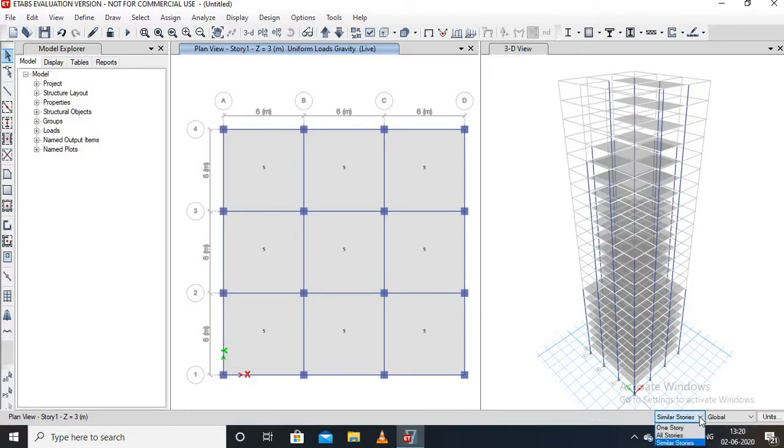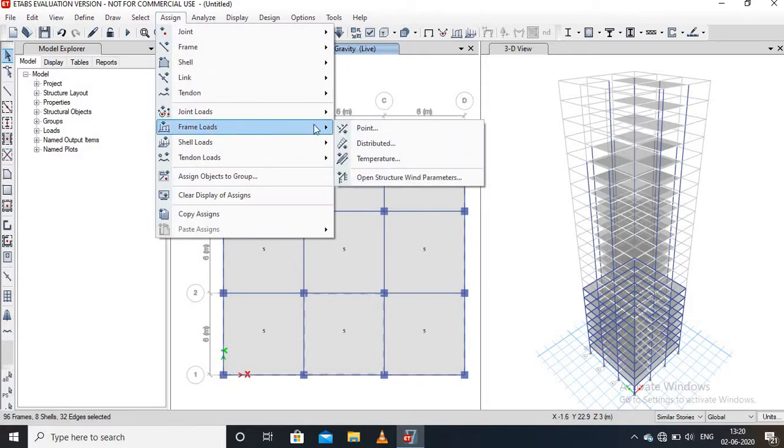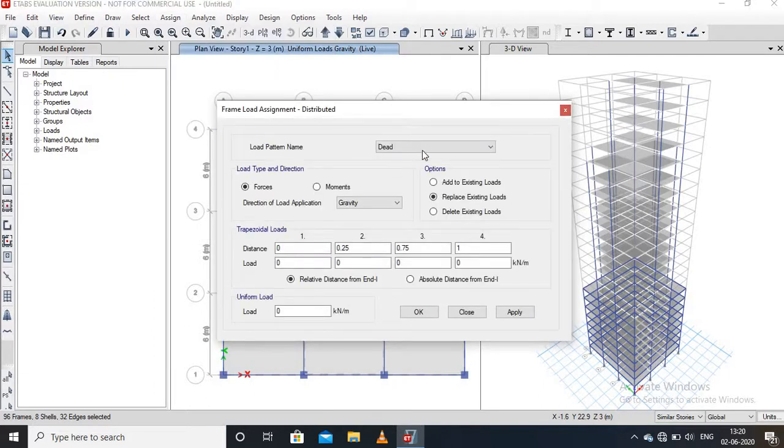Then select the similar story option, select the exterior wall, go to the Assign menu and go to the frame load option, go to the distributed option, load pattern type is dead and 0.2 kilonewton per meter, then apply, then press OK.